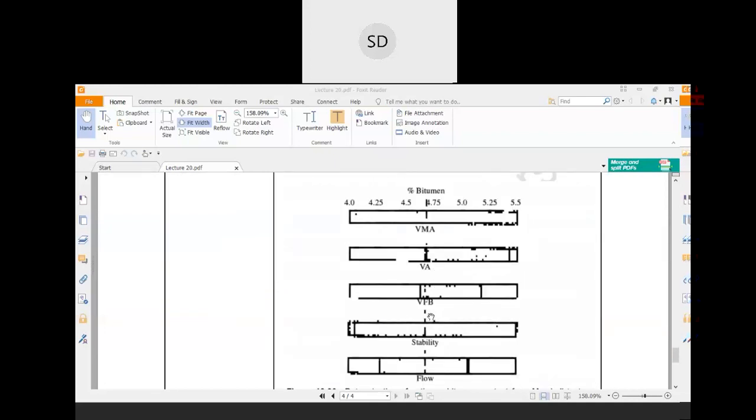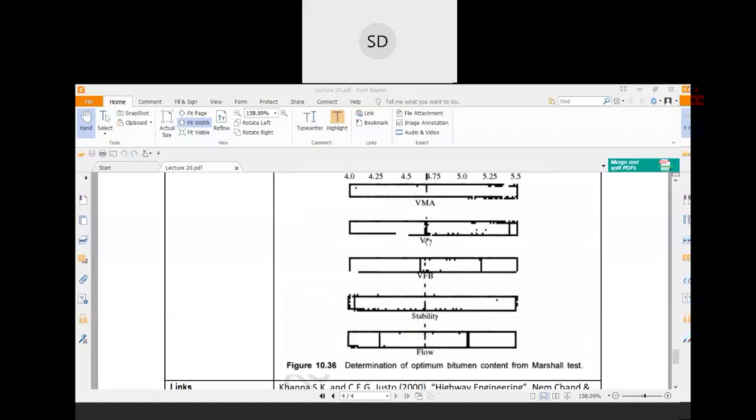Then again for the VFB also, if you go for the calculation, that is the range of the VFB. For the different bitumen content, if you increase the bitumen content, that is the VFB value, and if you increase further, the stability value will decrease. So up to that also, you have to find out your range. You will observe that at 4.5 or 4.6% nearly, or 4.7% nearly, whatever bitumen content you have selected satisfies your assumptions.